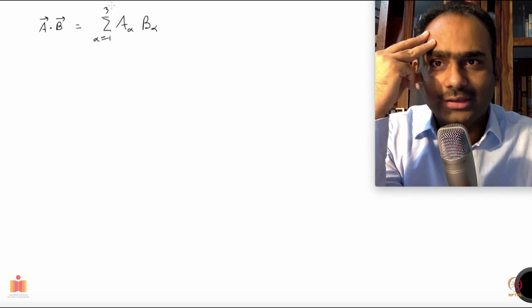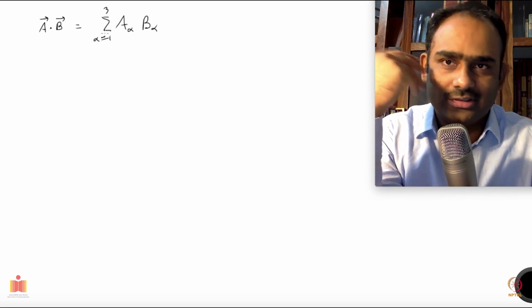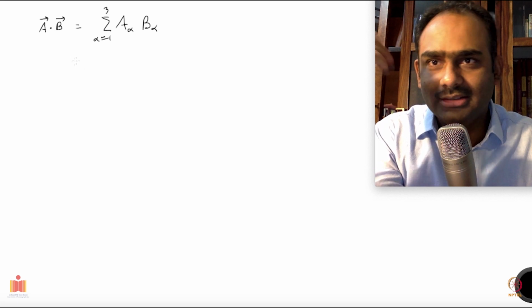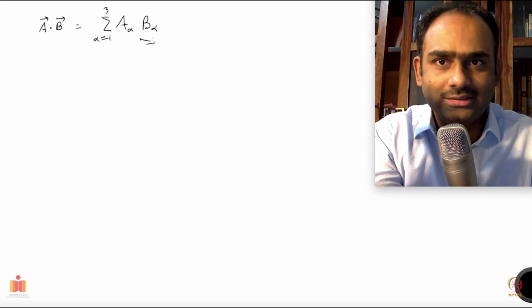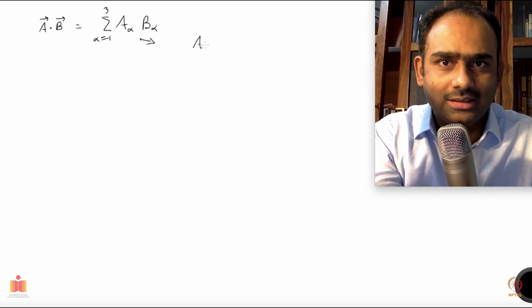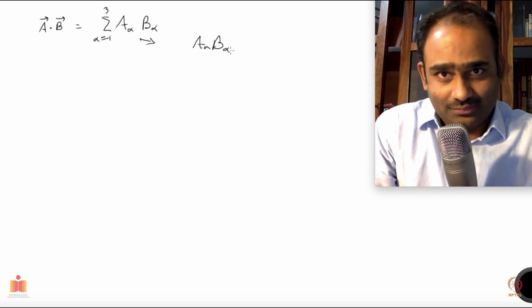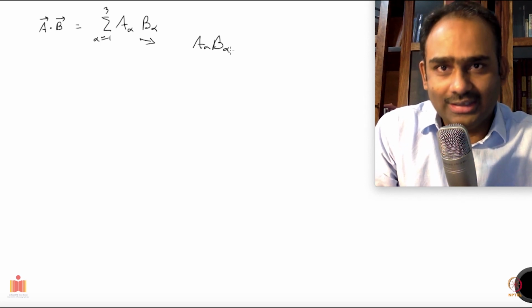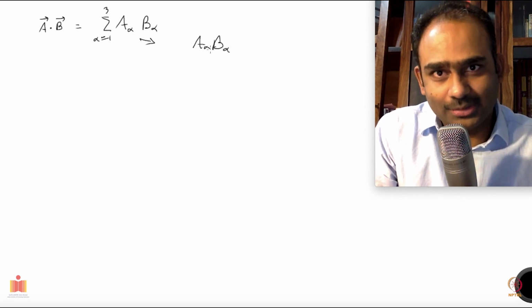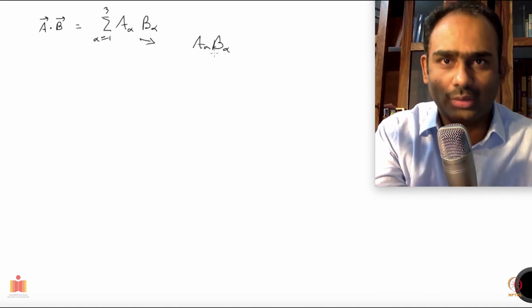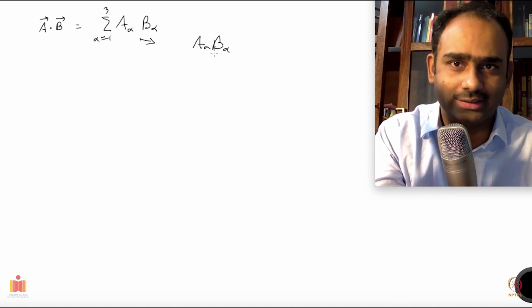But really, I don't need to write this summation symbol, because I can make a shorthand notation and say whenever such a summation appears, I will just drop it and write simply a_alpha b_alpha. And I will remind myself that there is a summation over alpha, because I can notice that the alpha appears twice. So whenever an index appears twice, I will know that I was summing over it.